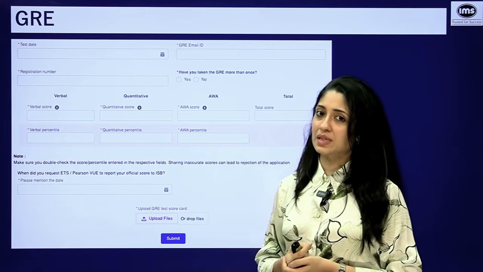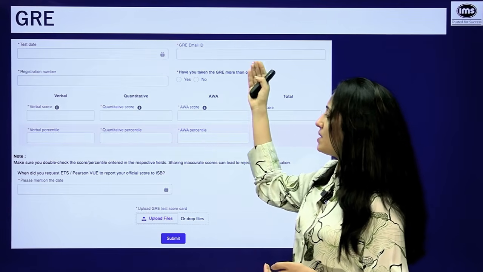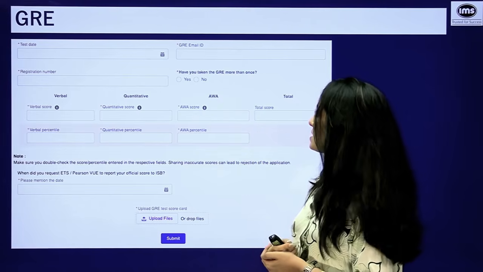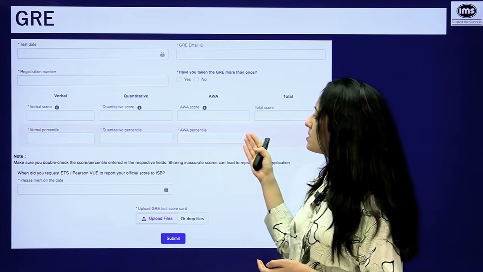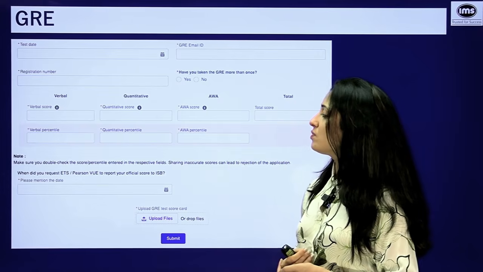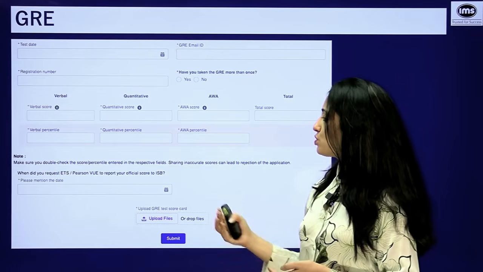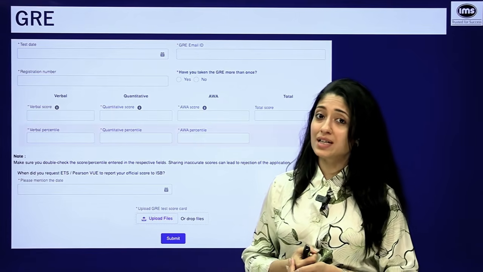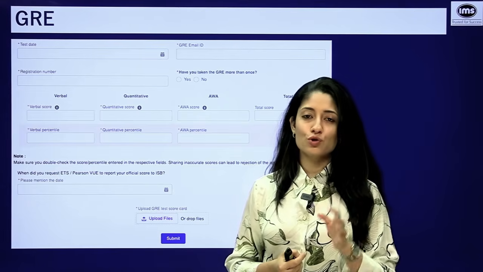the page opens like. So, if you select GRE, you will be asked to enter the test date, email ID, registration number, and if you have taken GRE multiple times, you will be asked to enter the sectional scores and the percentiles along with the total score, and you will need to inform them when you requested ETS or Pearson VUE to report your official score to ISB. With this, you will have to upload the GRE test score card, and that completes your information on GRE test